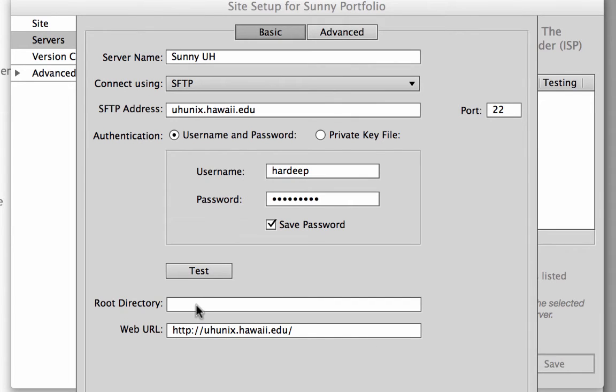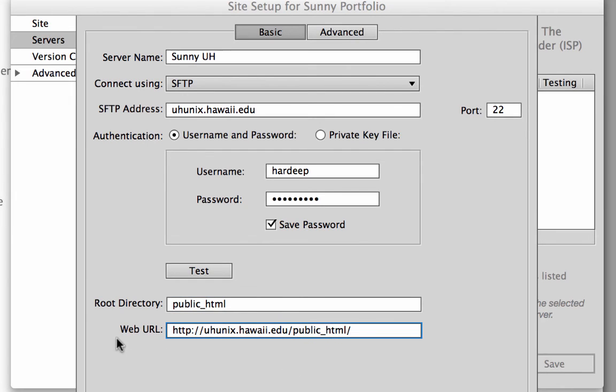So just two more things to fix. One, on every web server, there is a directory or a folder that is visible to the public, to any visitor who comes to access the site. On our UH server, this is called public_HTML. So make sure you spell that out correctly.